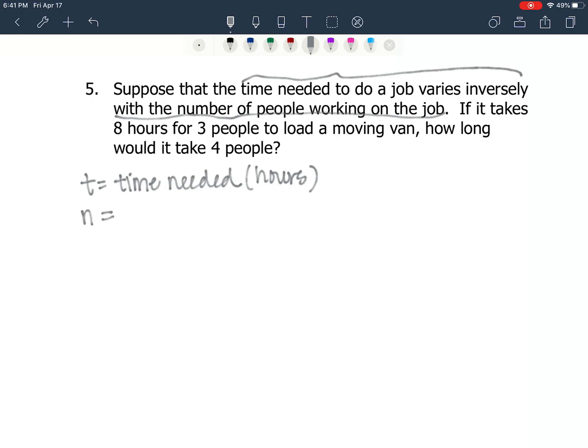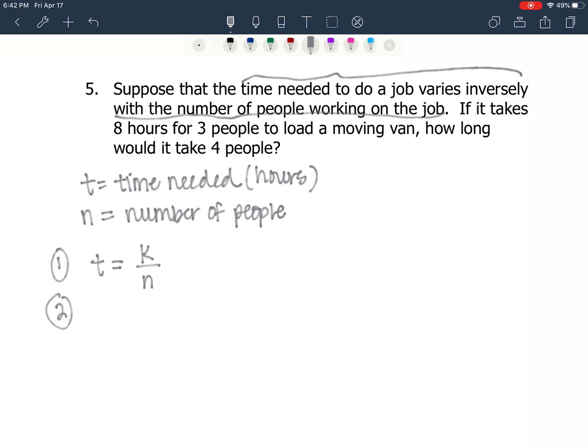So N is going to equal the number of people working the job. And I don't think we need to put anything in parentheses because we said that it was people. So I think we're good there. Now my first step, time varies inversely with the number of people. Step 2,